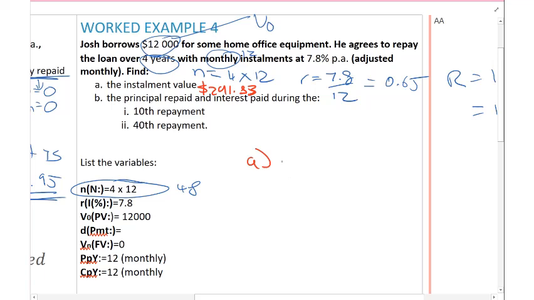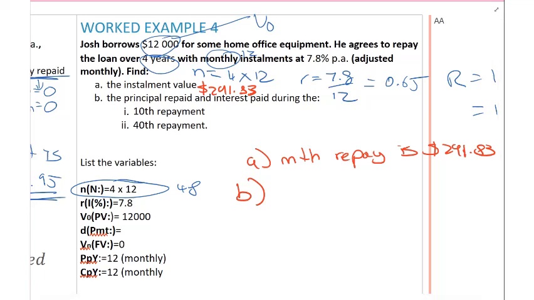Okay, let's put it down here. So my monthly repayment is $291.83. Okay. B is a slightly trickier type of question. It says to do it for the 10th repayment and the 40th. I'm just going to do it for the 10th because it's the same process for both. The trick in this one is you've got to work out that difference between the 9th and the 10th. So